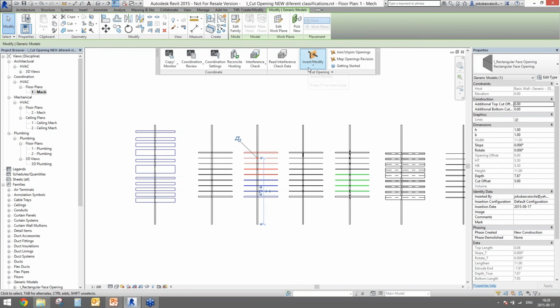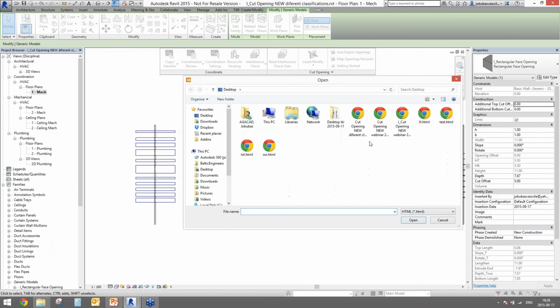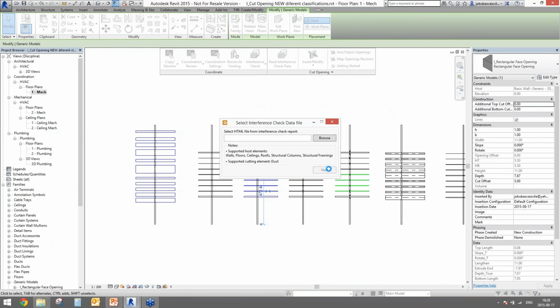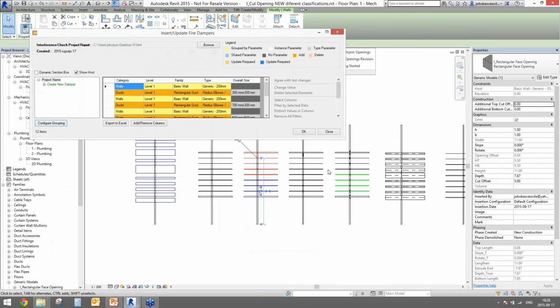After this we are going to insert fire dampers. Again, that will be done in the same way using the HTML file, and it will automatically distribute all the